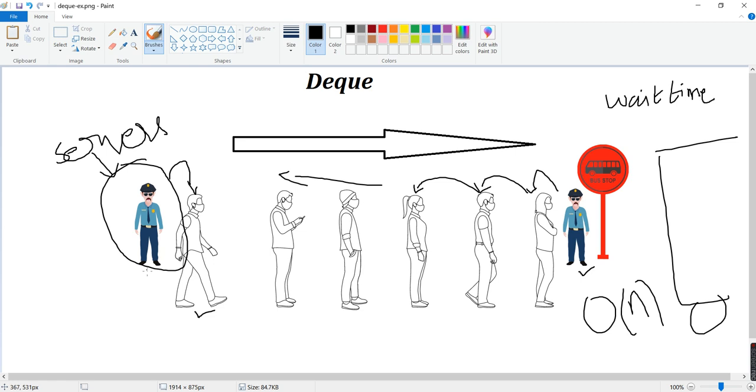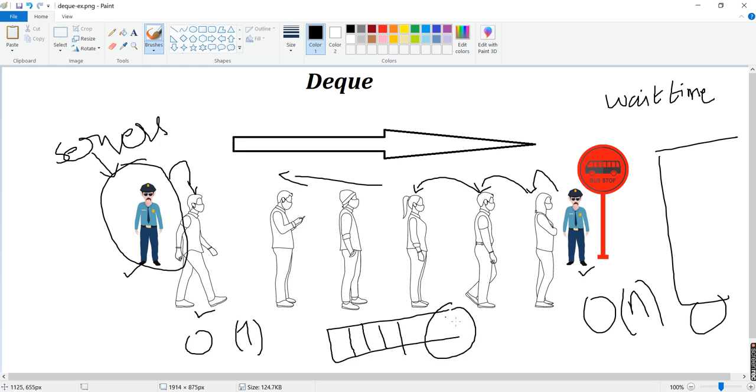But since we have this model, like we have two officers at the extreme right side and the left side, the complexity will get reduced to big O of 1. So if you remember the stack data structure that we discussed, it looks something like this. It just had only one opening from where you can do the insertion and the removal or popping of the elements. So this is the major motive of DQ.